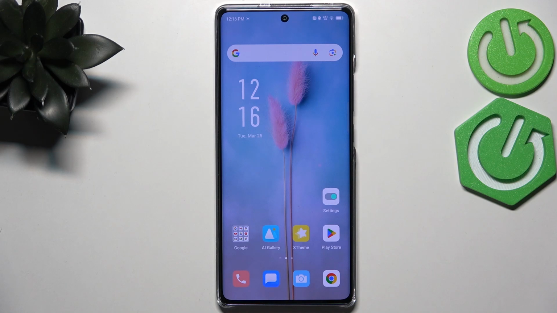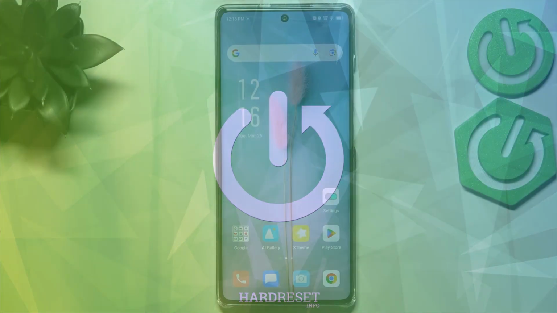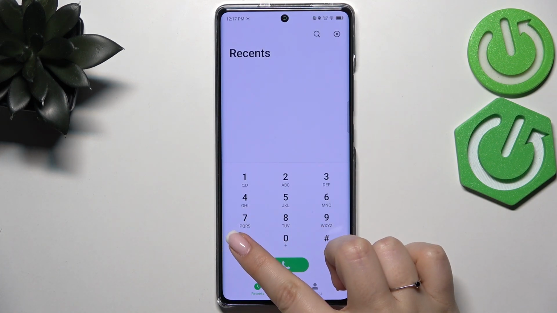Hi everyone, in front of me I've got INFINIX Hot 50 Pro Plus, and let me share with you how to use secret codes on this device. So first of all, let's open the dialer and let's begin with the shortest code, and that is